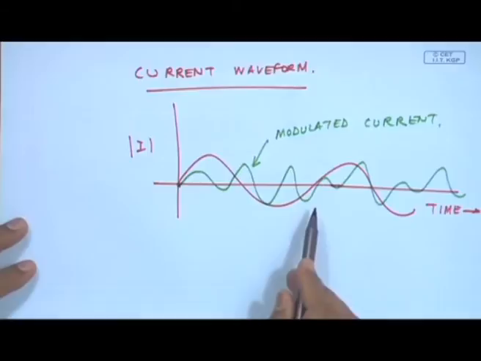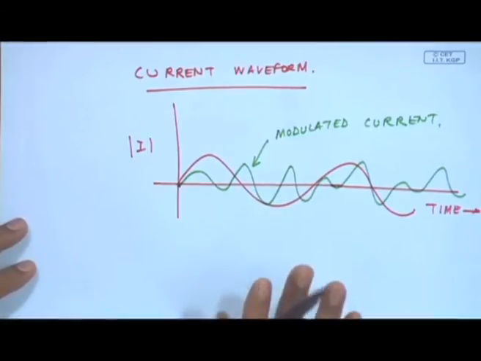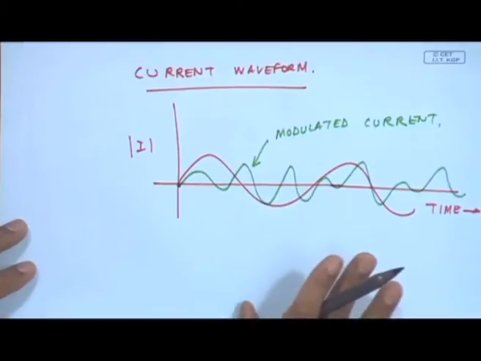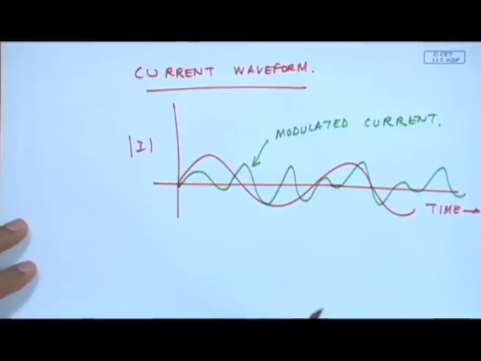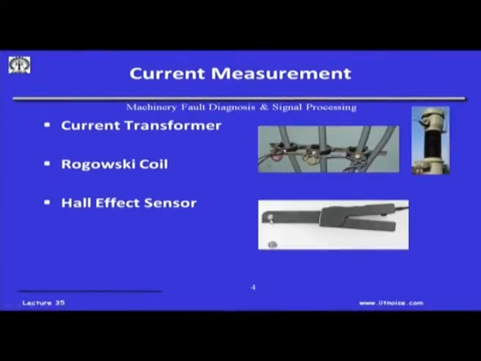But if you look at the waveform, look at the frequency content, they are different. And this frequency content is actually the indicator of the fault in the system. Okay. And in fact, people use Hall effect sensors like this, wherein they put the conductor here, and these are current transformers. Basically, current transformers are used to measure very high currents, wherein the turn ratio is 1000:1. I obviously cannot measure a 1000 ampere current, because the voltage induced will be large.